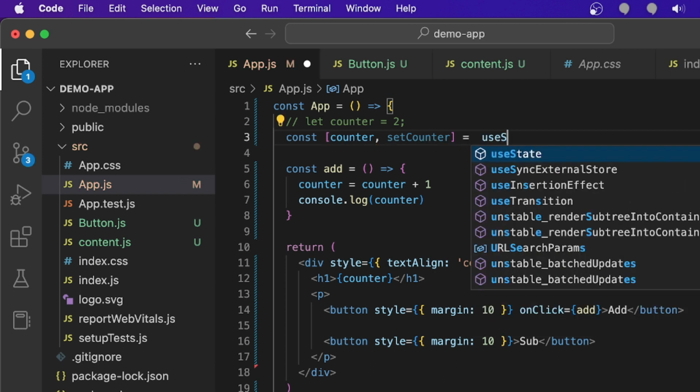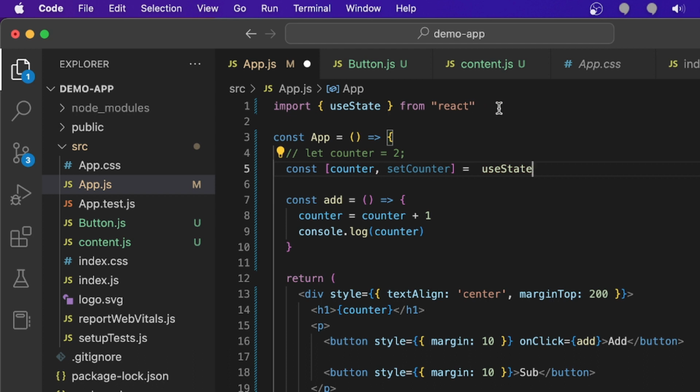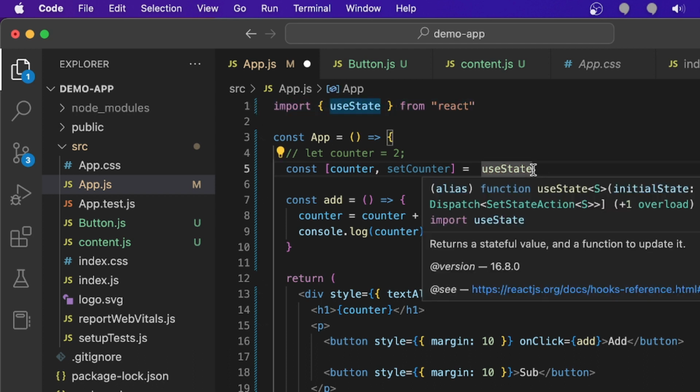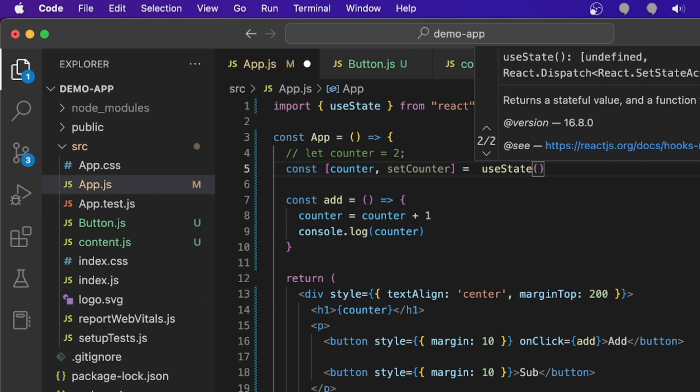This function is a React function by the name of useState. Whenever you click the useState, it will be imported automatically here. The useState function needs one argument, and the argument is a default value. If you didn't pass anything, it is set to undefined. But if you pass 0, it's set to 0. Now